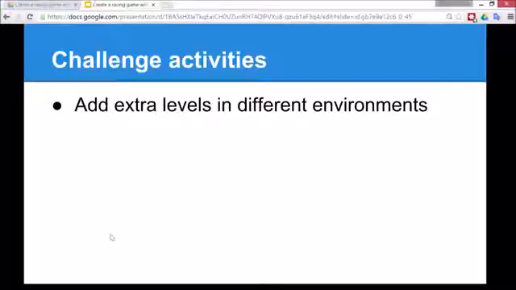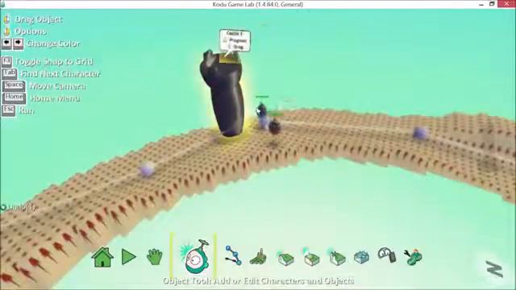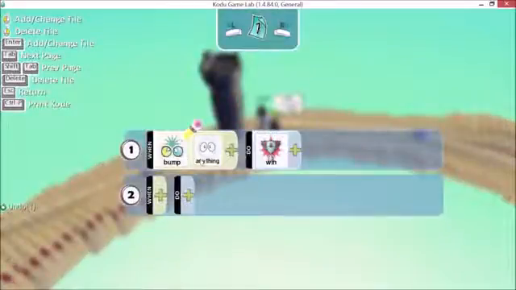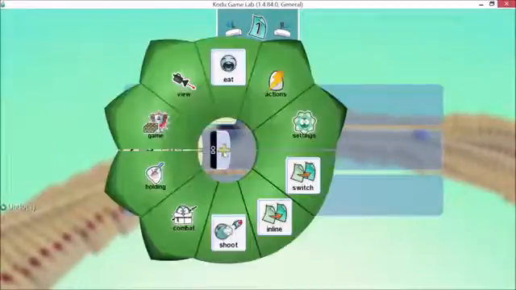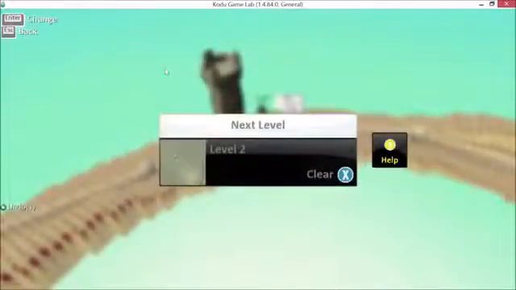Now for a real challenge activity, the children can add extra levels and also have a go at doing different environments. So I'm going to show you an underwater level. So go back to kodu. Now you can actually program the castle and right click on that. So when you bump anything you win the game, but also when you bump into the castle, do game next level. Alright, and then it'll say, the first time it'll say you don't have any levels selected,